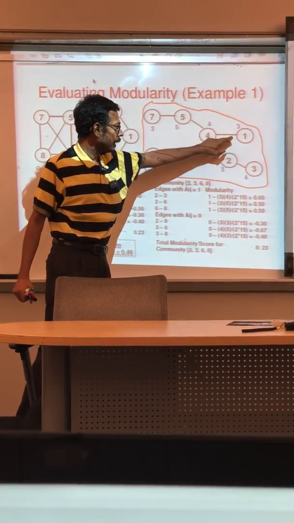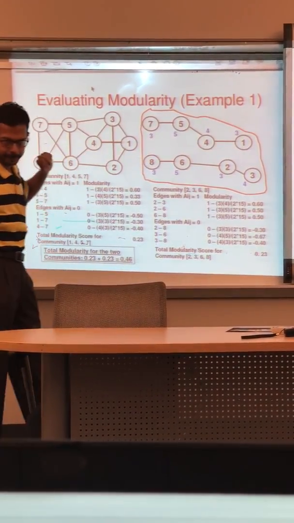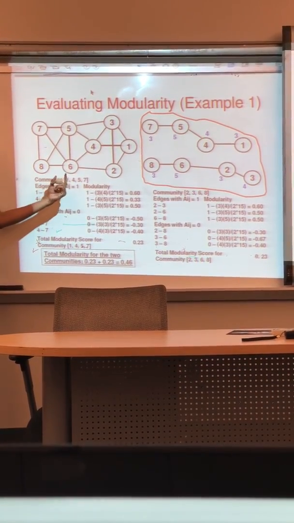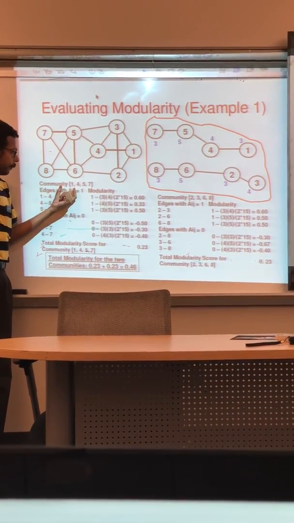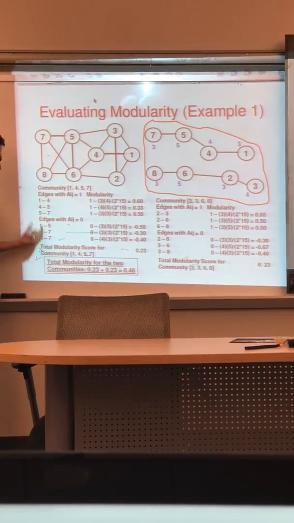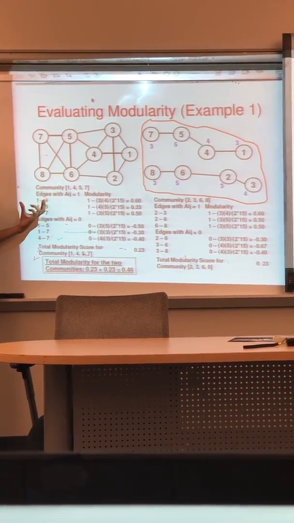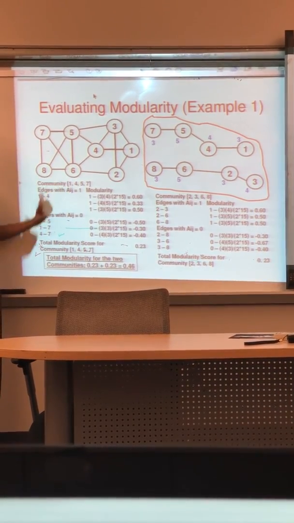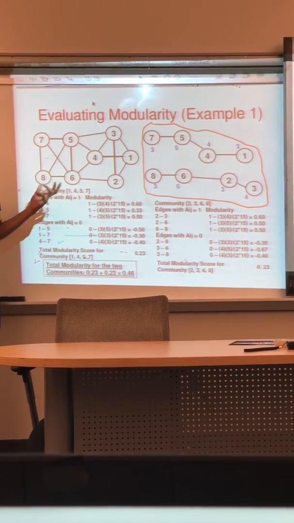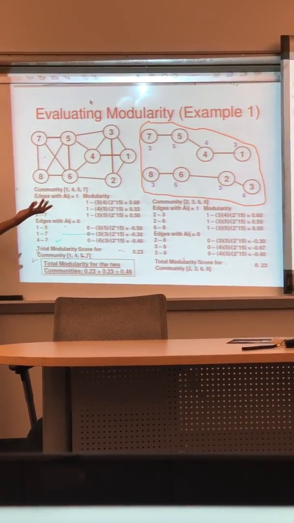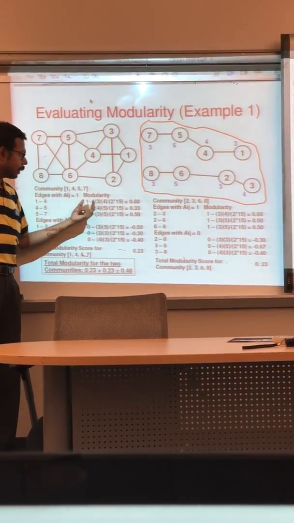This community has vertices 1, 4, 5, 7. Once you know what vertices are part of a community, find the modularity scores for each pair from the output that you get and just sum them up. Just to know how to do those calculations, you need not know, you already have the program to do it, but just to know how the calculation is done,